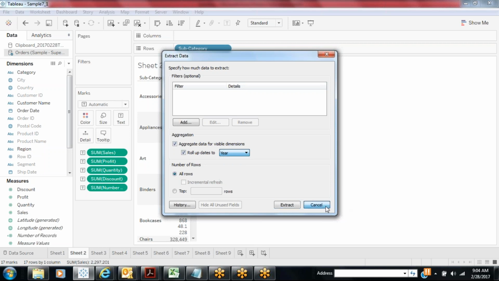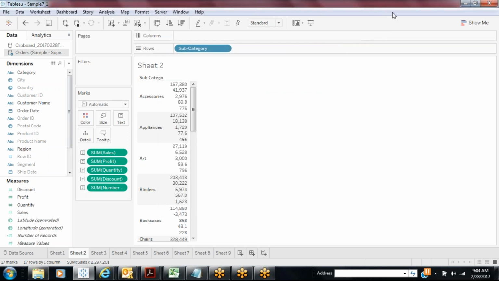So this is how we have it for the extract. So you please practice this. So tomorrow we'll start with the